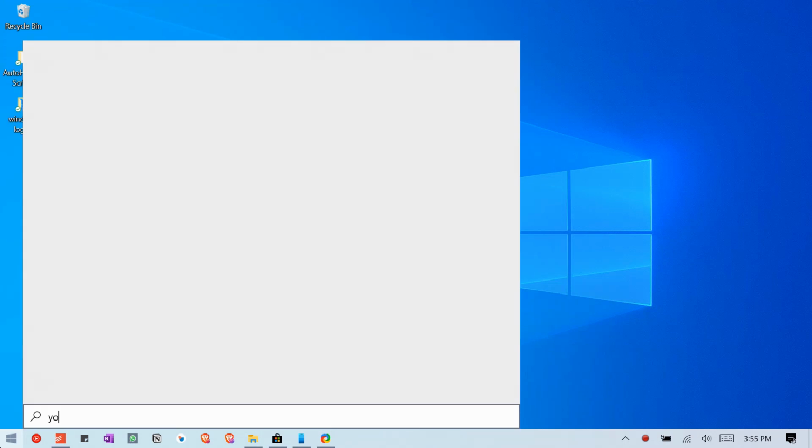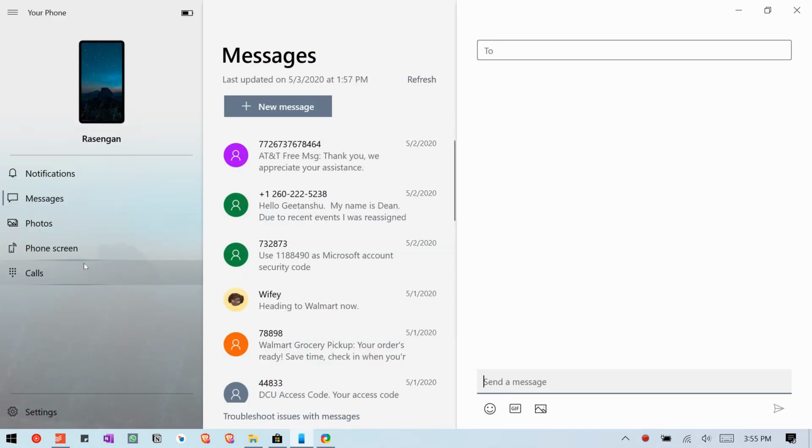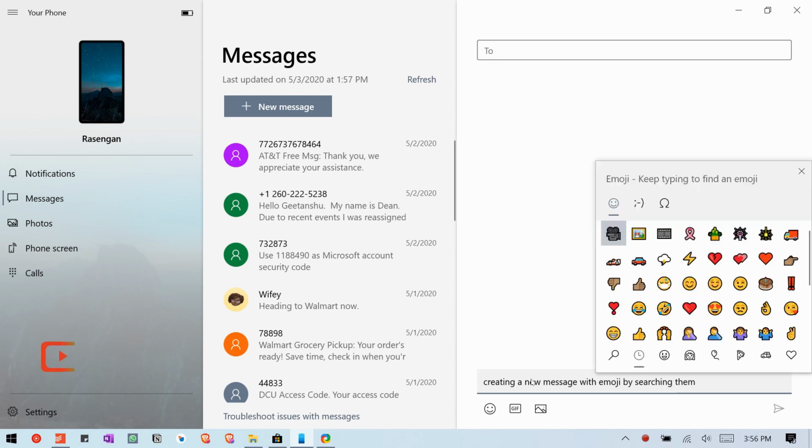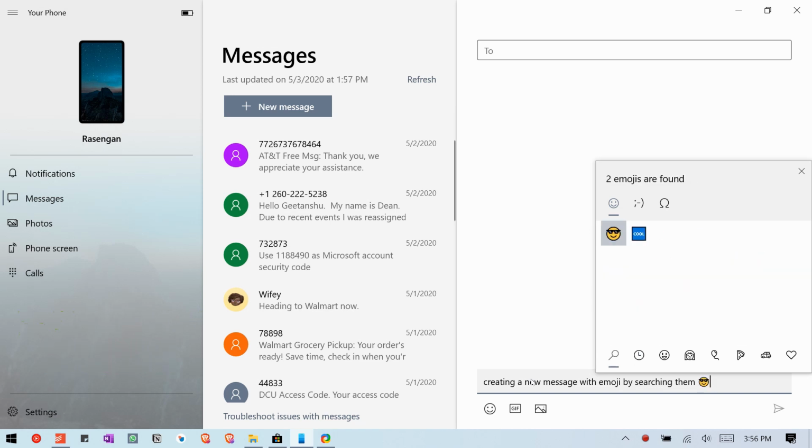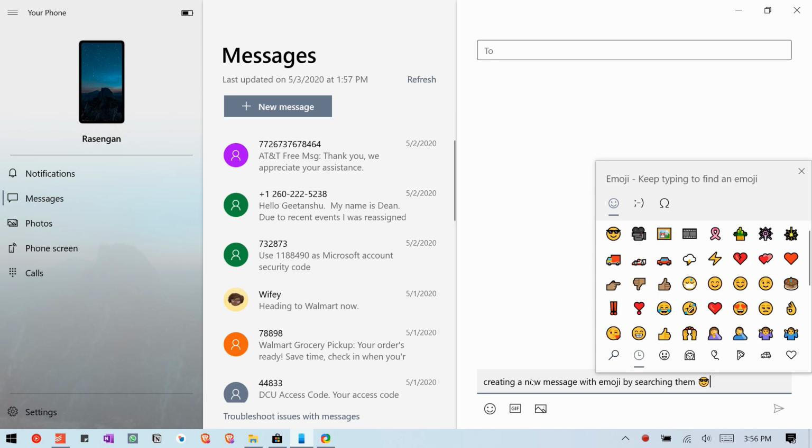I've seen a lot of people have actually started texting from their PC, whether they use the Your Phone app or they use one of the web-based messengers. But what is weird about them texting from PC is that they rarely use emoji. That's primarily because when they use emoji, they search for the emoji in Google, copy it from the search results, and then paste it in their messaging app. You and I can both agree that there are better ways to do that. But the best way, in my opinion, is to press the Windows key and the semicolon key on your keyboard. This will show you a list of all the emojis that you can scroll through and select the perfect one for you.